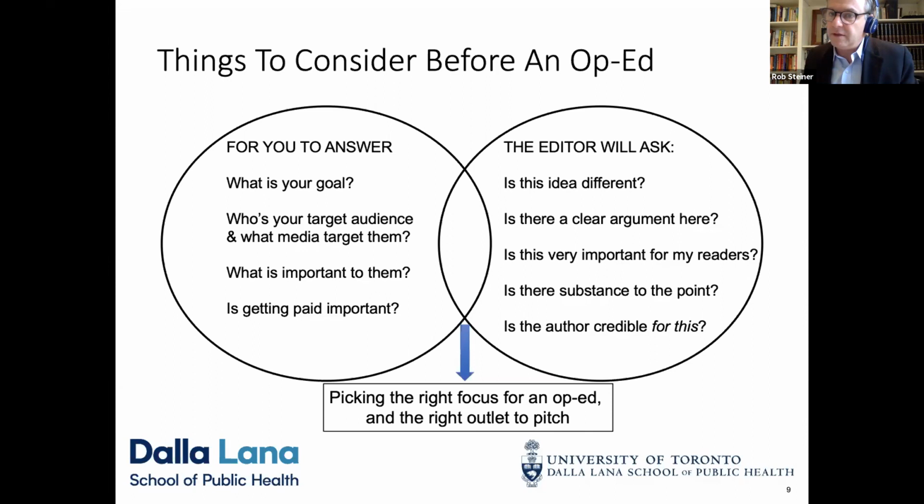So let's say you're working in the United States. TB is endemic in certain populations and others don't even think it exists anymore. A lot of people living in urban, middle class, upper middle class America don't even think TB exists anymore. But if you're in a First Nations community or a prison, or you have relatives in any part of Africa, it exists. But why is it important, right? So that's the first thing that you need to think about.